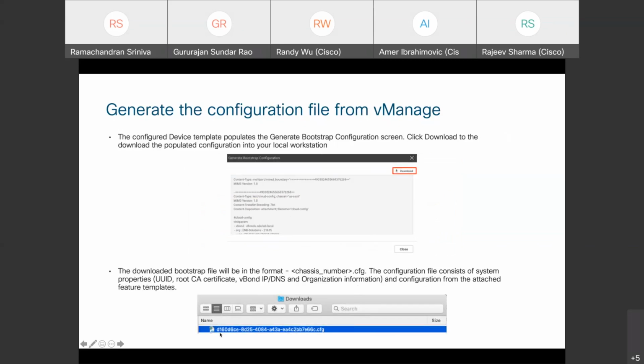The file name will have the serial number of the device. Like this is a cloud device, so you see a bigger chassis ID basically. But in hardware devices, you'll see, for example, ASR 1001-HX followed by the serial number of the router. So .cfg would be the file format. This file will have all your UUID or the OTPs, and in the case of software devices, you'll see the OTP and